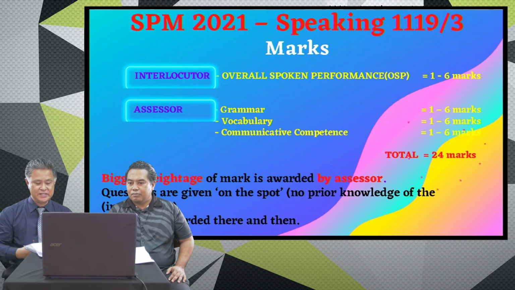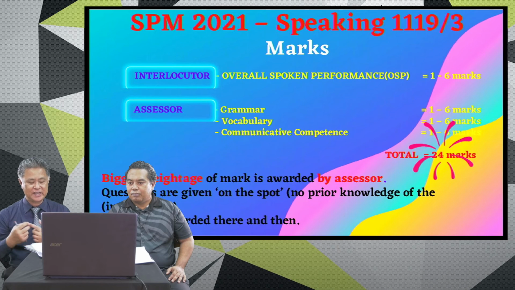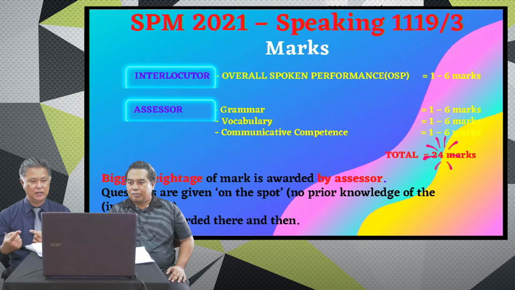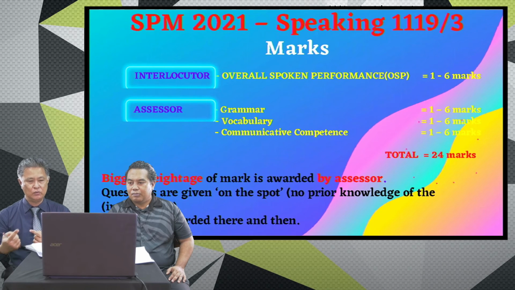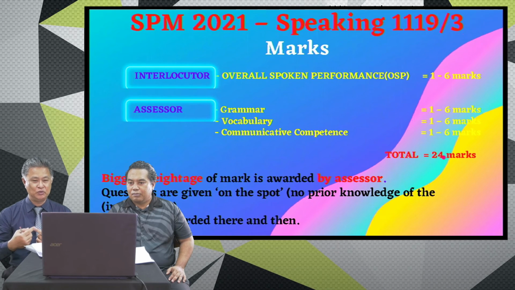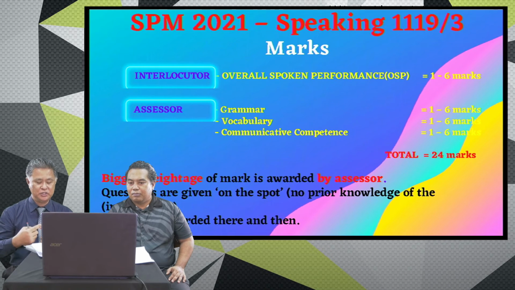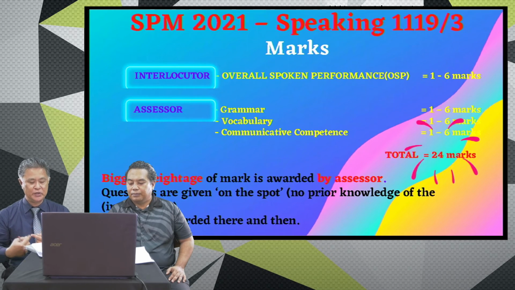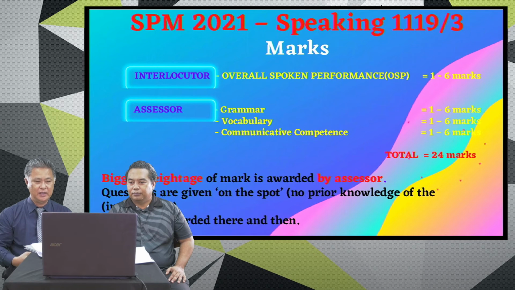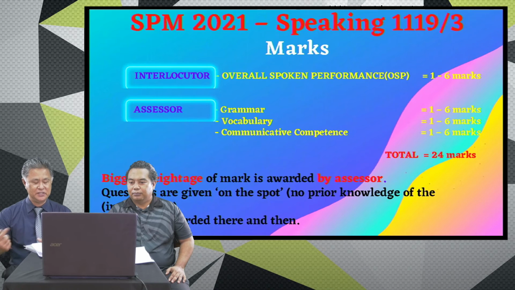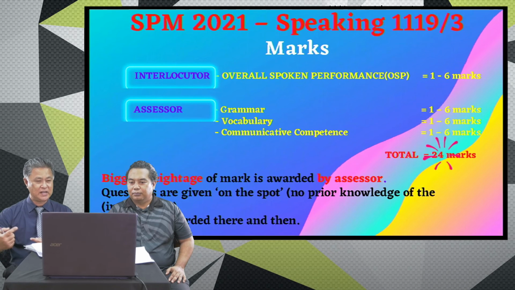for the candidates, which carries 1 to 6 marks, overall spoken performance, OSP, where 1 is the lowest and 6 is the highest. And for the assessor, someone outside, an English teacher from another school or from another center